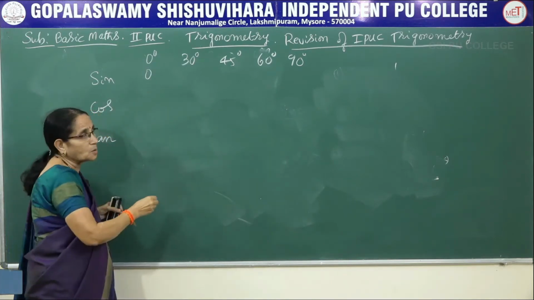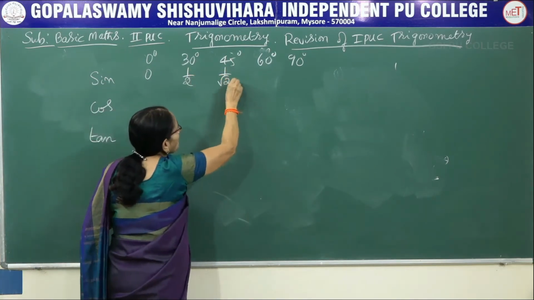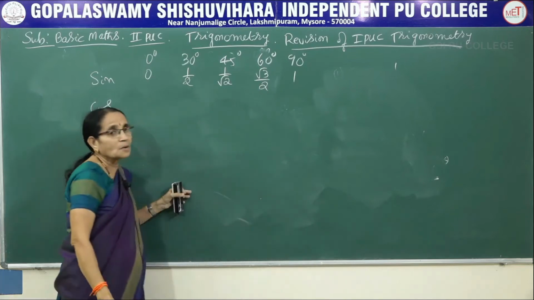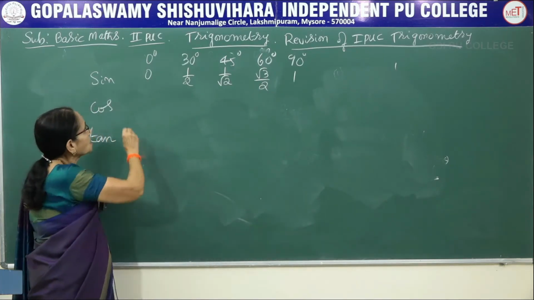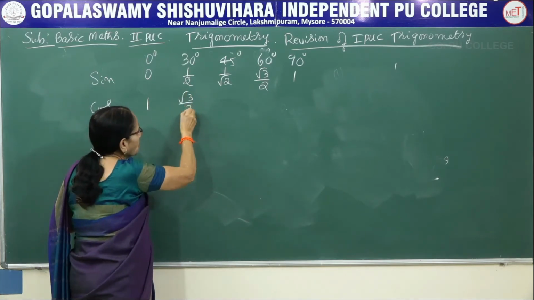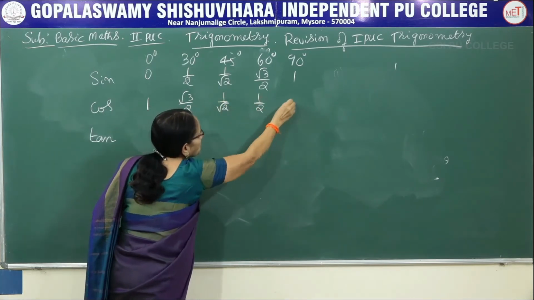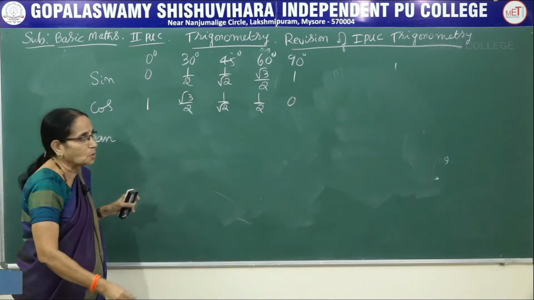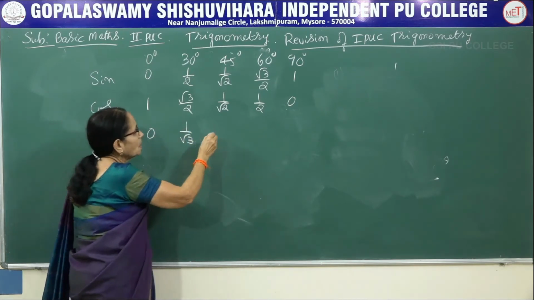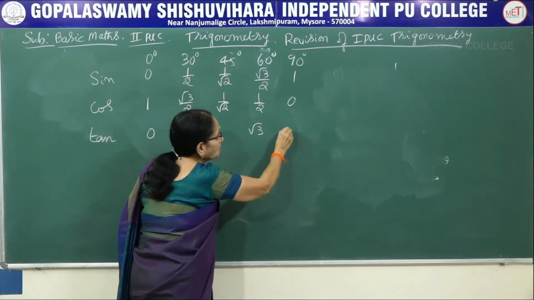Sin 0 is 0. Sin 30 is 1 by 2. Sin 45, 1 by root 2. And sin 60, root 3 by 2. Finally, sin of 90 degrees equals 1. Next, cos of 0 has the value 1, cos 30 is root 3 by 2, cos 45 is 1 by root 2, cos 60 is 1 by 2, and cos 90 is 0. And tan 0 is 0, tan 30 is 1 by root 3, tan 45 is 1, tan 60 is root 3, and actually here we use the words